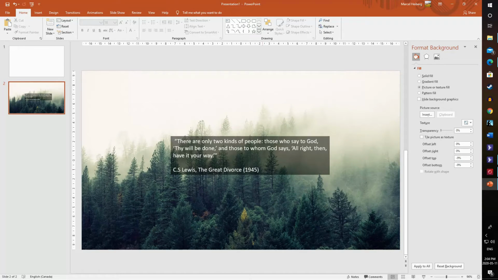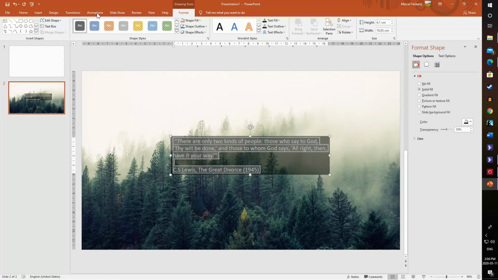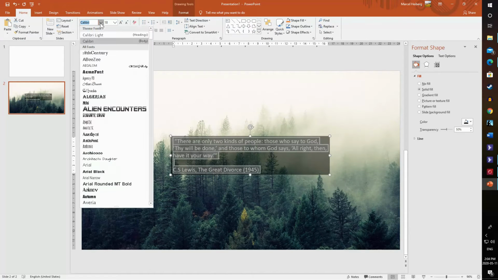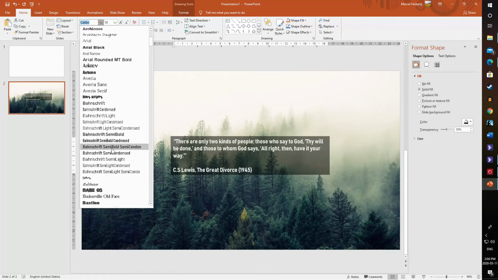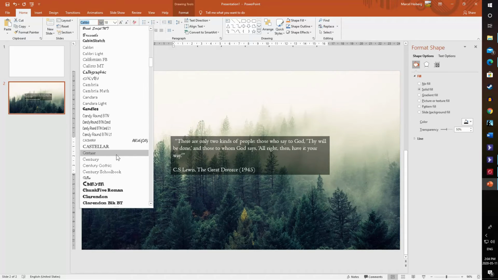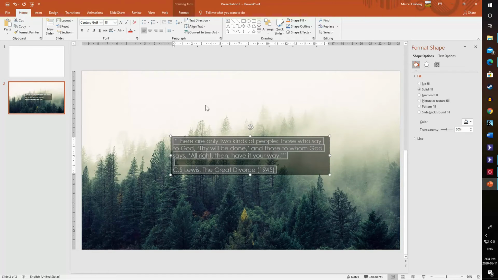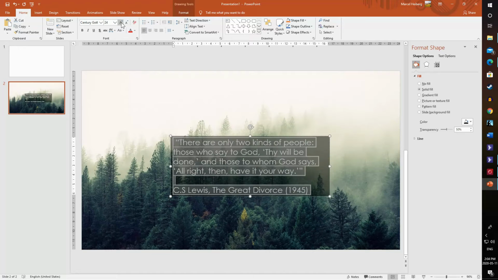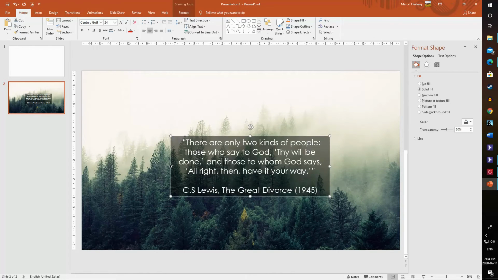Now from there on, you can change the font or the font size if you like. So in my case, I might decide to change it to, let's see here, Century Gothic. Make it look extra nice. And maybe I want to make it a little bit bigger here. So I just increase the font size there,